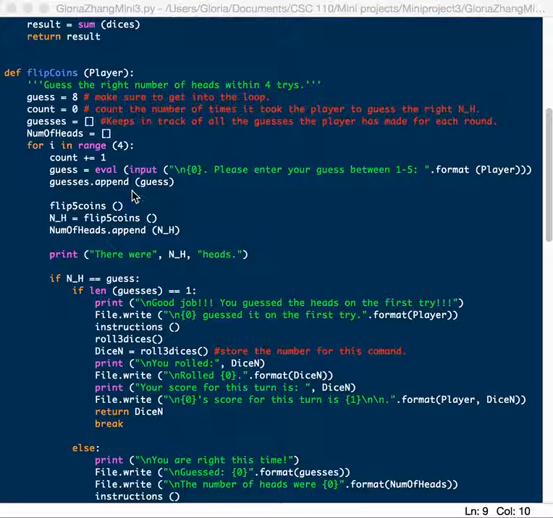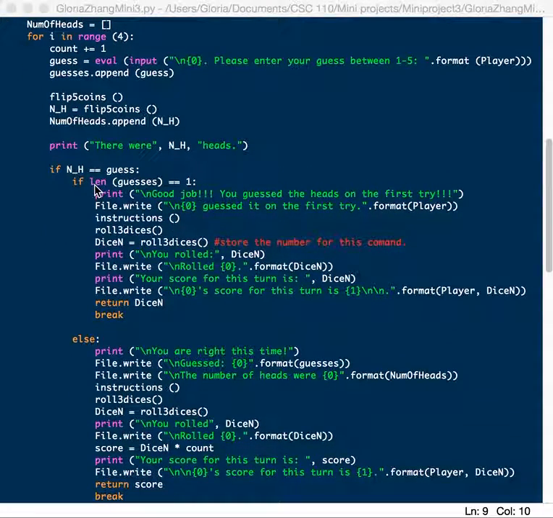And then it will append guesses into this list, and then flip coins, and then I'm going to store my number of heads here, and also store all the numbers of heads, and then print there were that many heads,